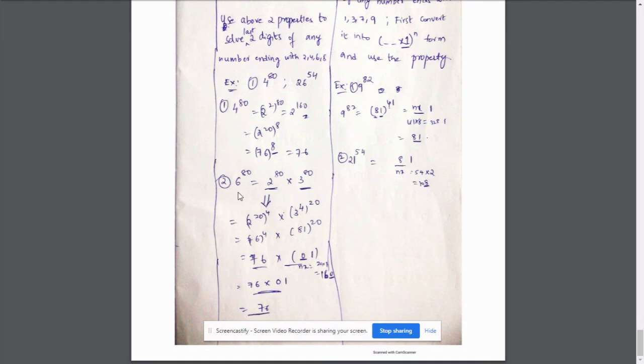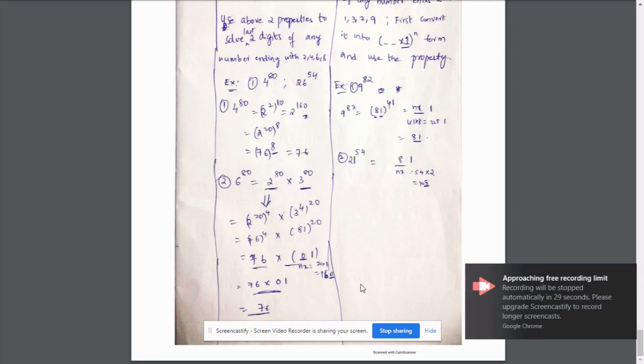But if you have a case where the number is a combination of both even and odd, then you need to do it carefully. Suppose you take 56 power 80, I'm taking it as 2 power 80 into 7 power 80. For 2 power 80, it is a similar process, you will get 76. For 7 power 80, you will use the odd number process. You are going to divide it in the form of (x1) whole power n. You do the process, you will get 01. So ultimately you will multiply these last two digits, and it will be 76 into 01, which is 76.